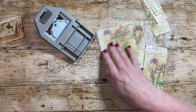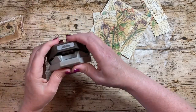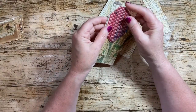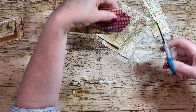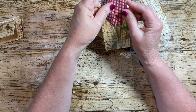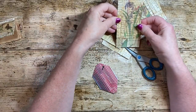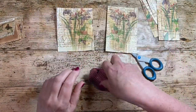I might round the bottoms. So that one's much bigger, so I'll just do a little slanted top on that. I have my credit card that I like, so I'll use that to cut it down. Get rid of them, and then I'm going to use my